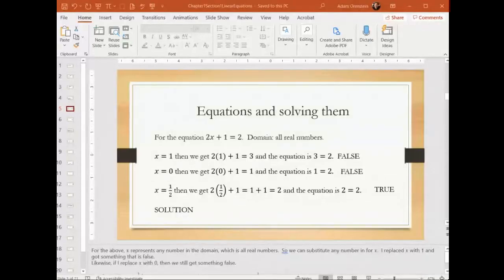Now for this equation, 2x plus 1 equals 2. Right. Now,